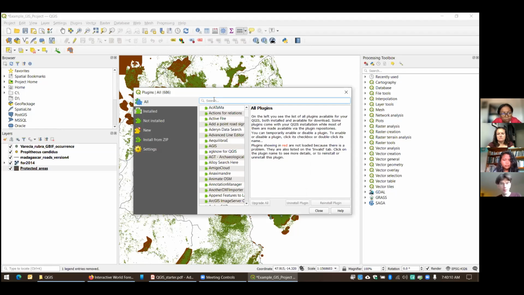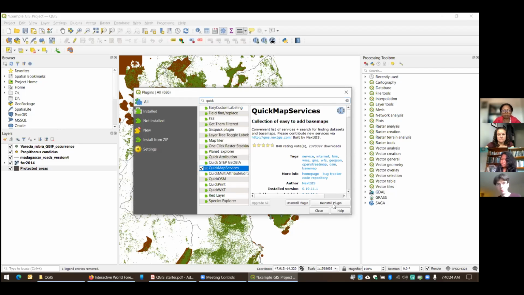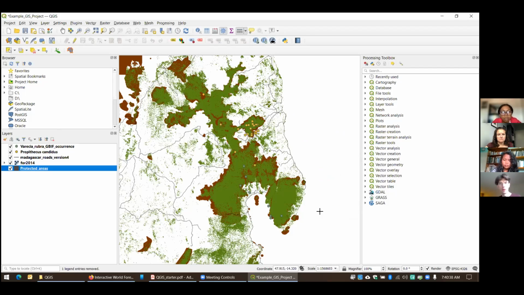So now the plugin that we're interested in is Quick Map Services. So you'll come down here to Quick Map Services and click on it. And then there'll be a little button here that will say install plugin. Now, again, I don't need to install it because I've already installed it. So I'm going to go ahead and click close, but you'll need to click install plugin if it's your first time.